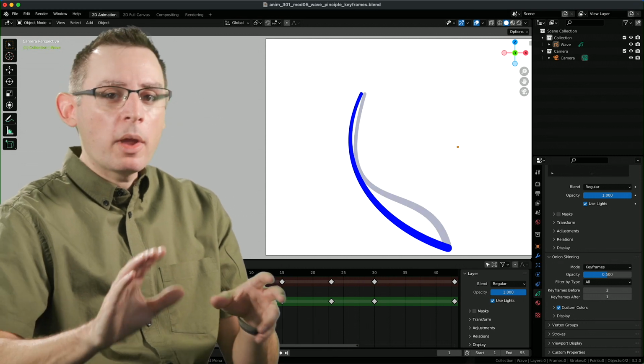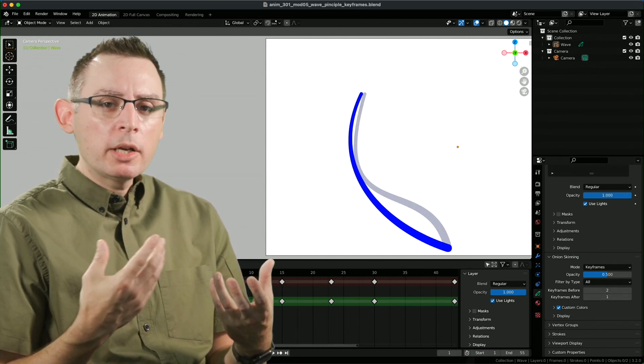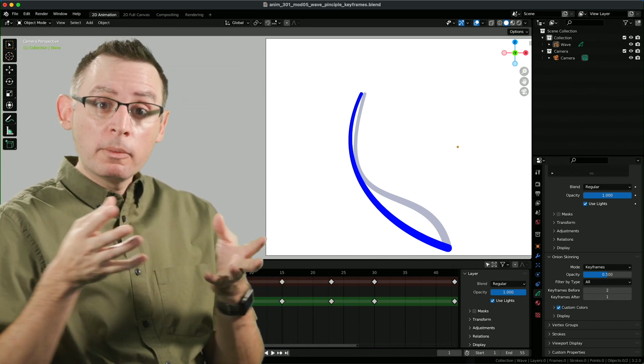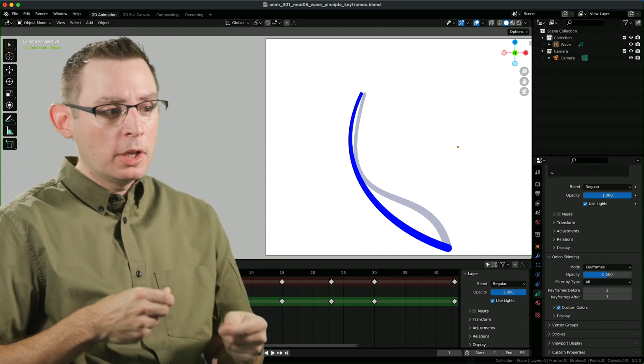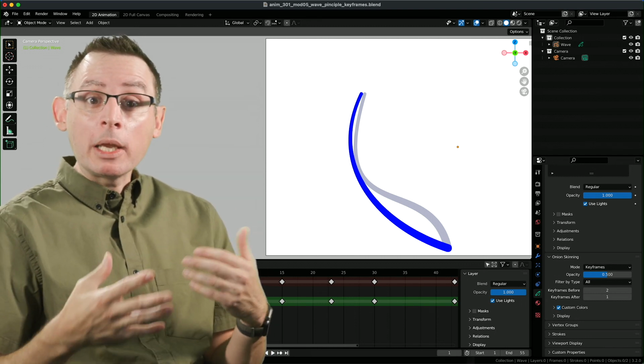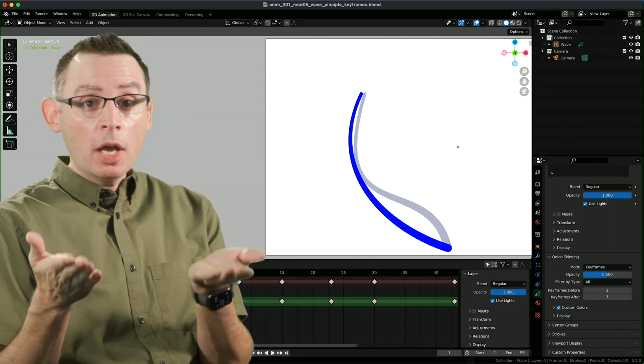So this is the wave principle in action. I'm not trying to draw every single frame. The process of animating requires us to go through and provide some structure first. This pose-to-pose style of animation really allows us to evaluate each pose in relation to the other pose.